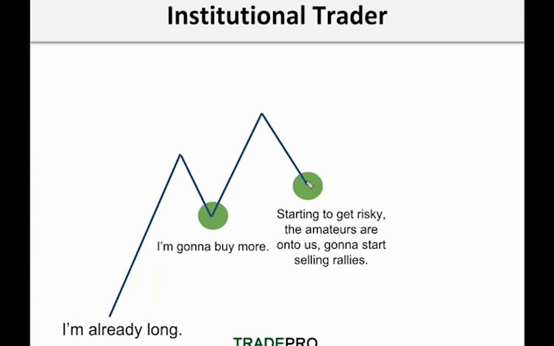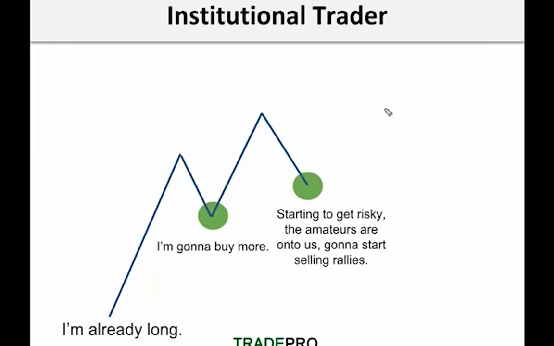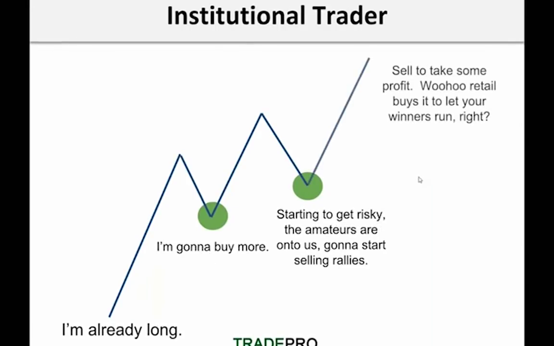What does a professional trader know? They say, when retail money starts to jump in, what does that mean? There are buyers. Buyers start to get created. And what's the significance of a buyer? As somebody who's already long down here, you have somebody to sell it to. Remember, if you have a massive position, we're not talking 1 to 2 options contracts or 1 to 2 futures. We're talking 50, 100, 1,000 lots. You need a buyer to sell it to. So when the retail crowd gets excited, institutional is actually already selling to them.